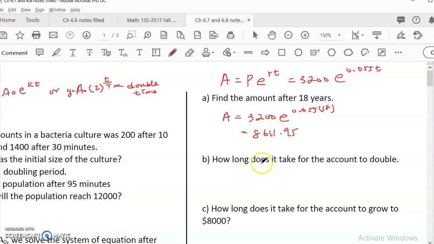How long does it take for it to double? Oh, that doubling time is ln 2